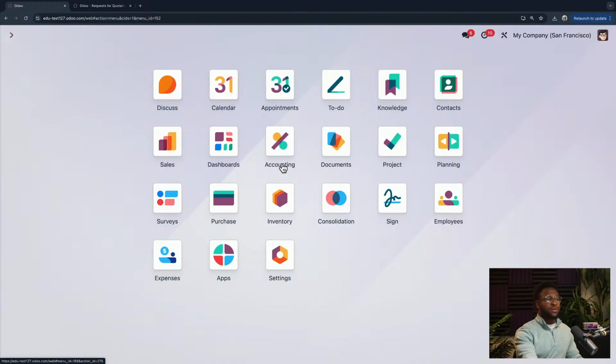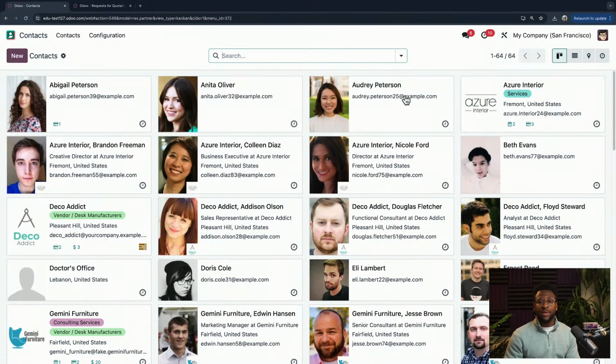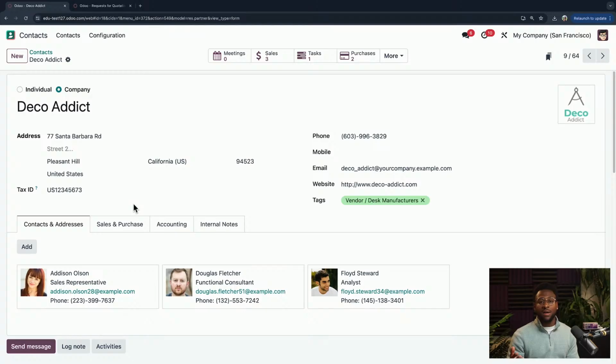Next thing I want to touch on before we get into our accounting workflows is our contacts. Your contacts are essentially going to be anyone associated with your business. So all of your customers, your vendors, employees, we can all find them consolidated in our contacts. Now, the reason why I hopped into contacts here is just to add some context